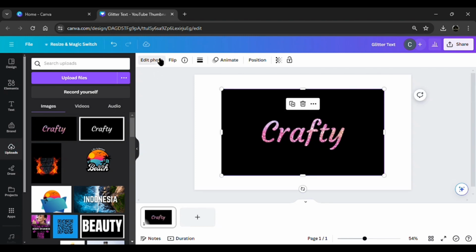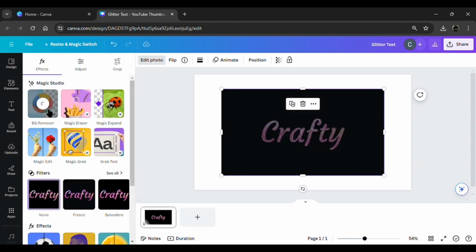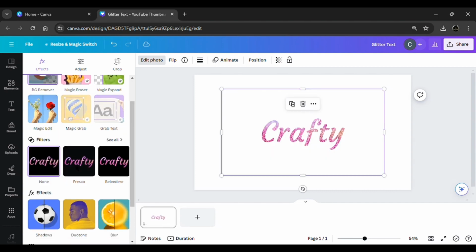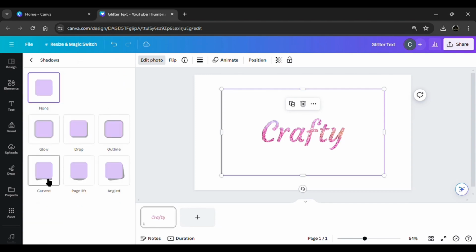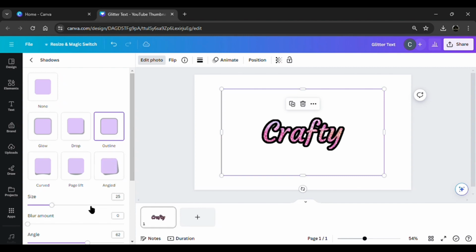Okay, so now we're going to go to edit photo, background remover, and we're going to scroll to effects, select shadow, then outline, change the size to 10,